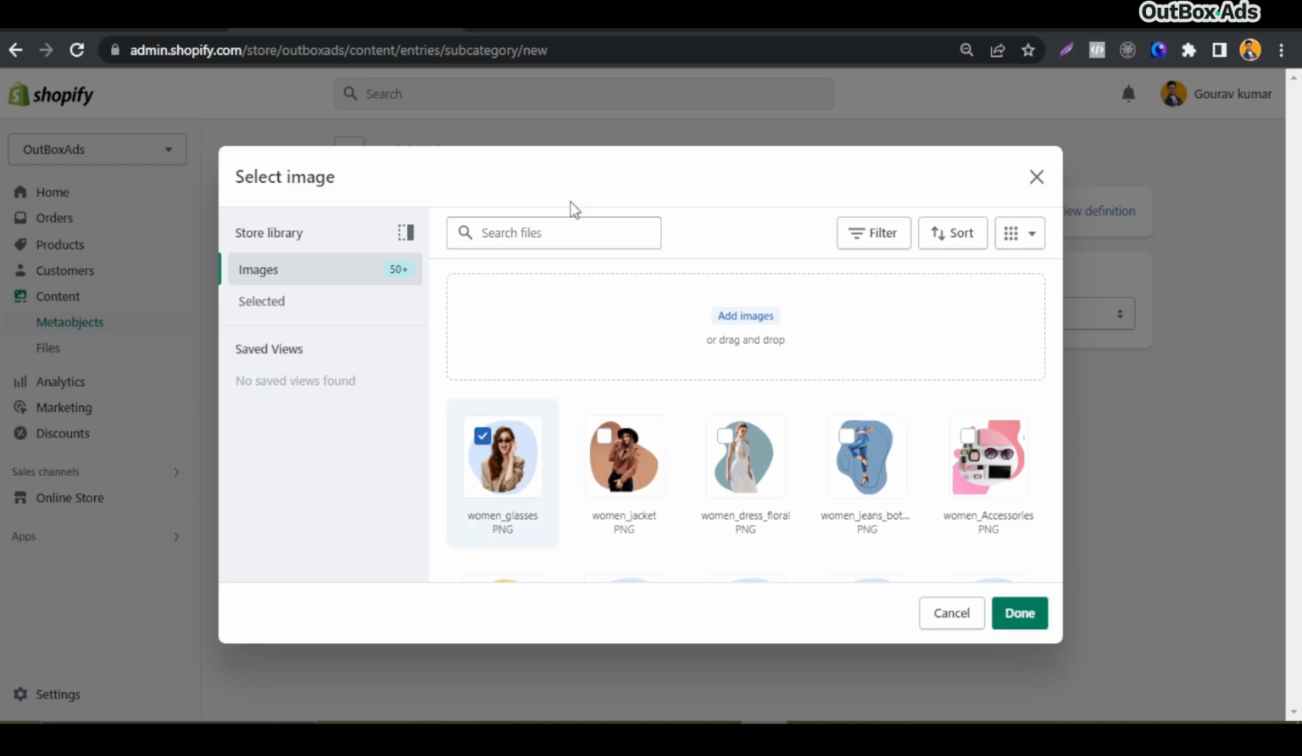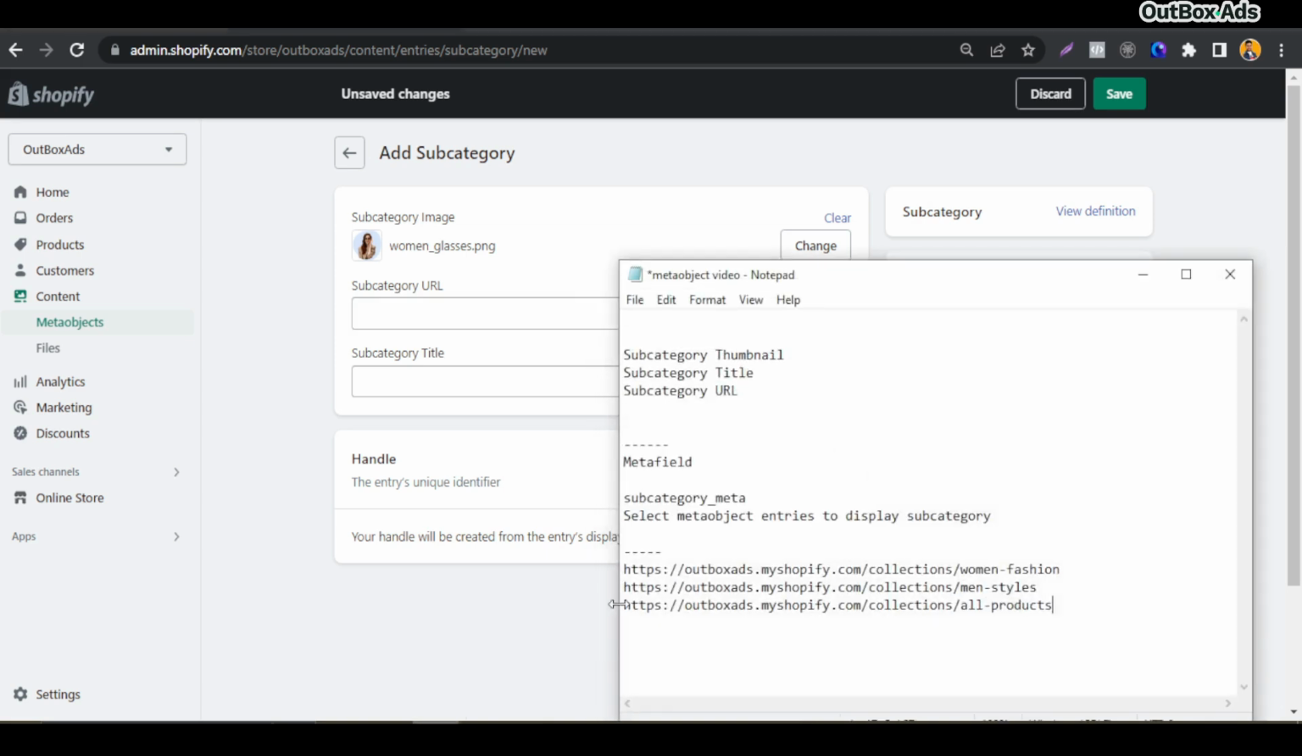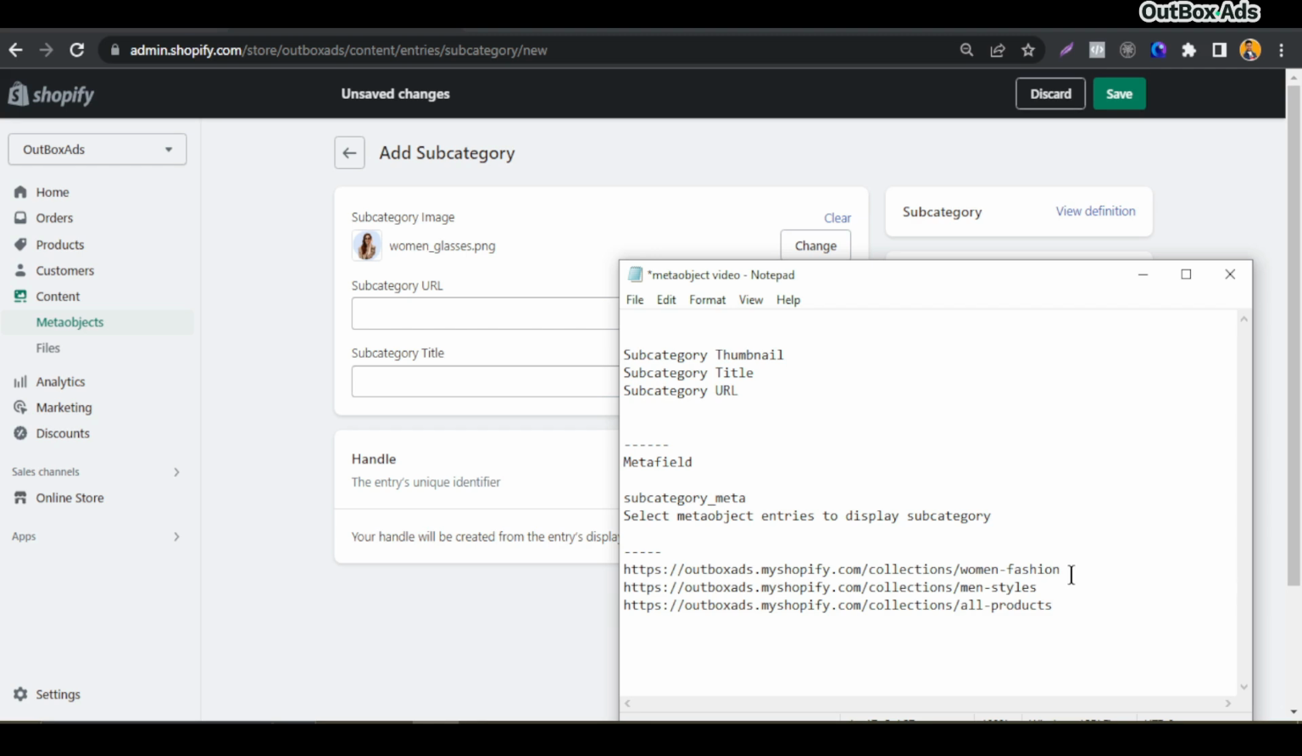Okay, for our first subcategory, like woven glasses, I'll just select this image and click the done button, and here you can see this image is selected. And for the subcategory URL, you need to create your URL list like this, so you can copy and paste at the same time. This is a demo collection URL I have, so you just need to input your own actual URL. I just keep this URL,